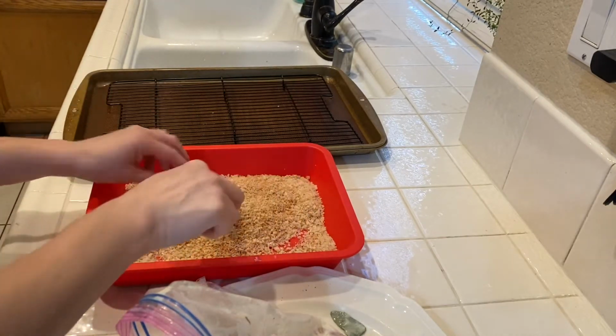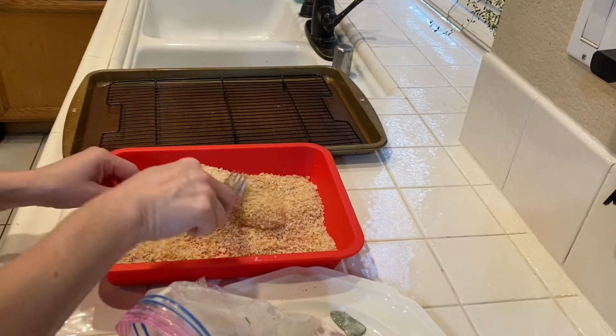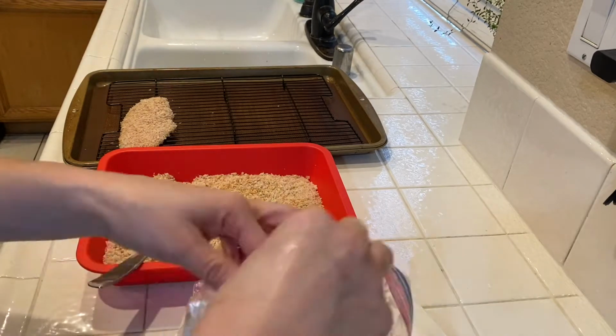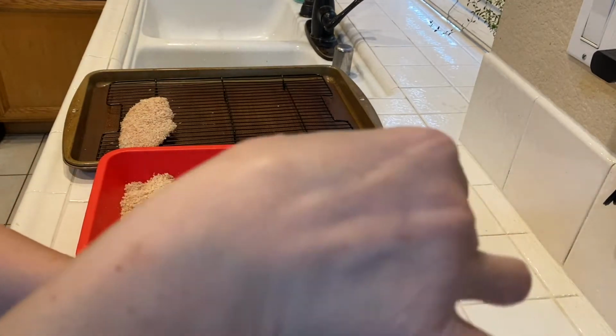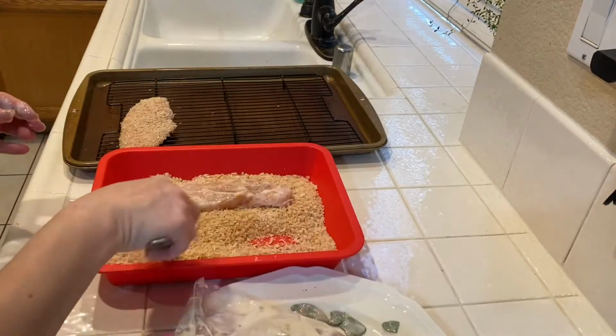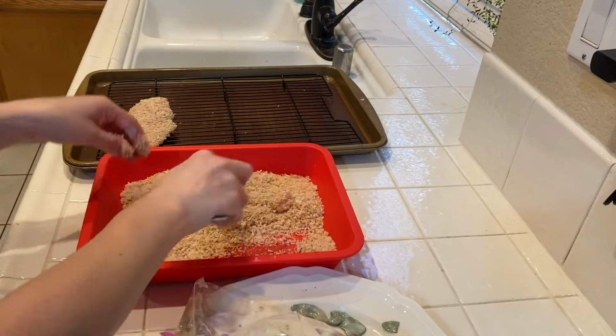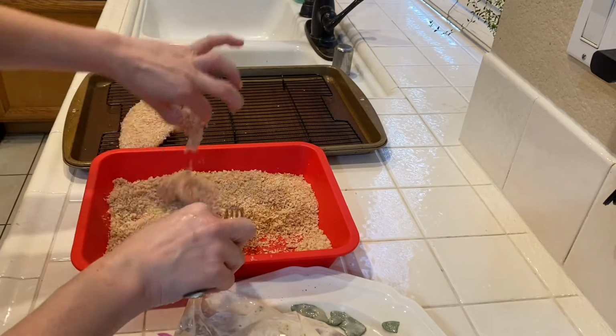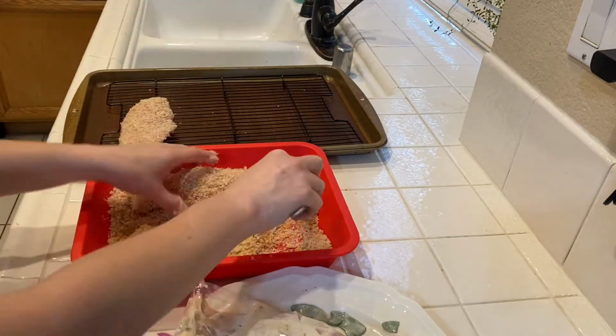And then after you get it all covered and pressed down in the panko, you're going to heat some olive oil in a nonstick skillet and sear all the chicken. And then you don't have to have it cooked all the way through because you're also going to preheat your oven to 350 degrees. And then you're going to top it with your tomato sauce and mozzarella cheese for my husband, and then a little bit of a sprinkling of oregano,